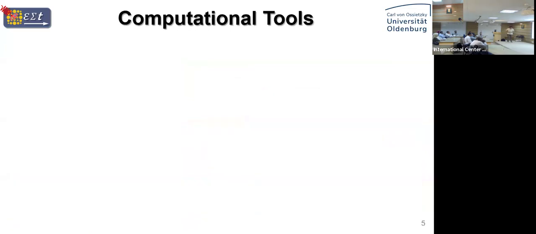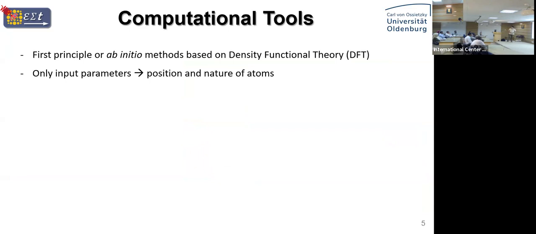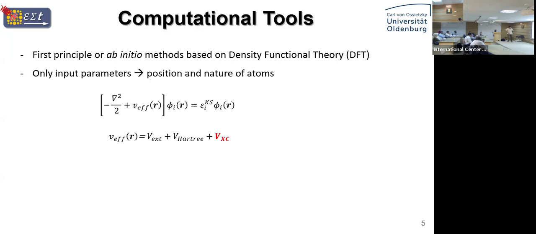Okay, I was not aware, to be honest, of the composition of my audience, so I prepared one slide to give a slight background, a feeling of what we do. In principle, we do first-principles, or ab initio, simulation based on DFT. Ab initio is the Latin phrase which literally means from scratch, meaning the only input parameters that we need are the position and the nature of the atoms. The position is the XYZ coordinates, and the nature is what each element is. And then essentially we solve a Schrodinger-like equation, which looks something like that.